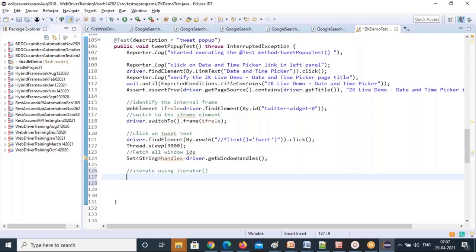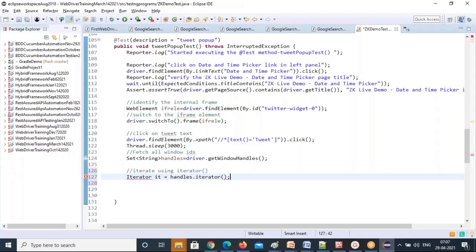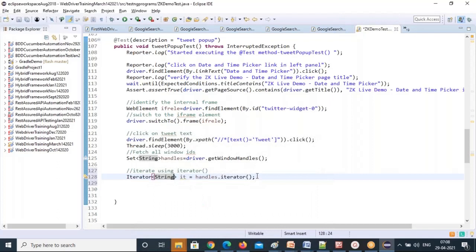It's up to you which one you want. I'm using the Iterator interface: Iterator<String> it equal to handles dot iterator method. I'll do typecasting for this, it's a String type, and Iterator is imported from the java.util package, and now it is easy.